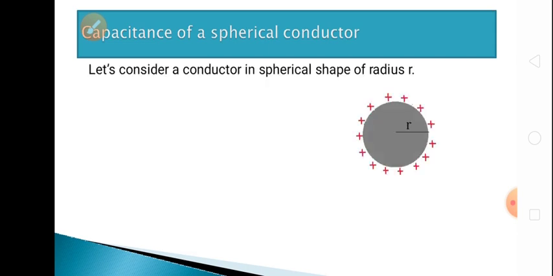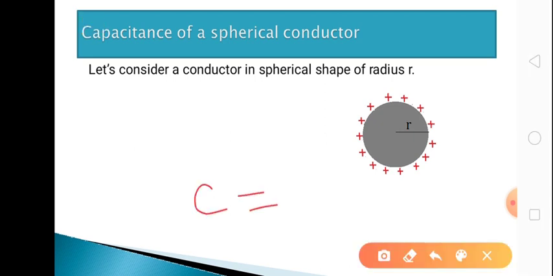This is a spherical conductor, and capital Q is the charge given to this spherical conductor of radius r. How can you find it? You know the formula C is equal to Q by V. Q is the charge given, that is known to you. Let's find the potential. When Q charge is given to this conductor, charge resides on its surface, and since it has radius r, what is the potential on its surface? Potential on its surface is equal to potential inside, that you know.